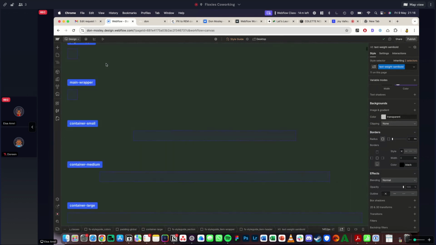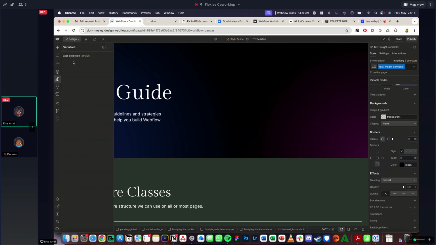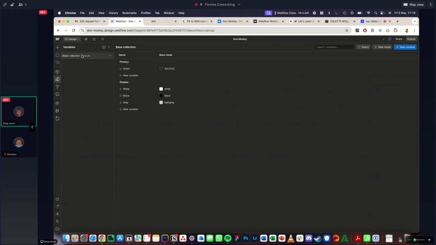So it just takes like 15 to 20 minutes, maybe longer if you're doing it for the first time. It's an incredibly important step because you want to set all this up so it's faster to then build later on. So if I go into my variables and I open that up,